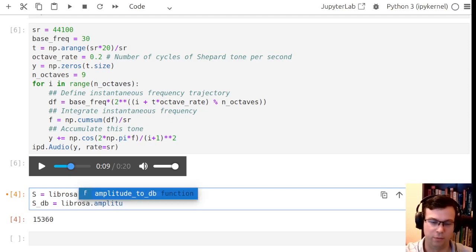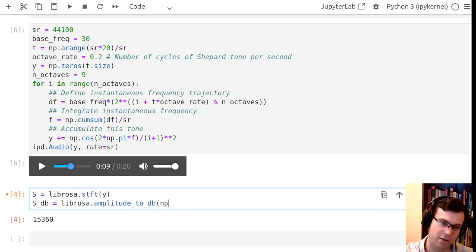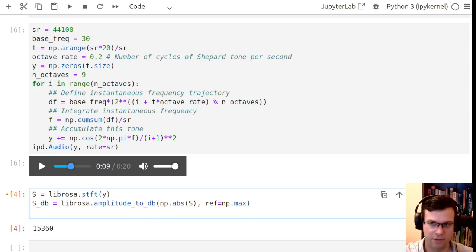So there's a method in Librosa called amp2dB. And don't worry too much about this right now. We'll talk about that more later. And okay, so let me now say